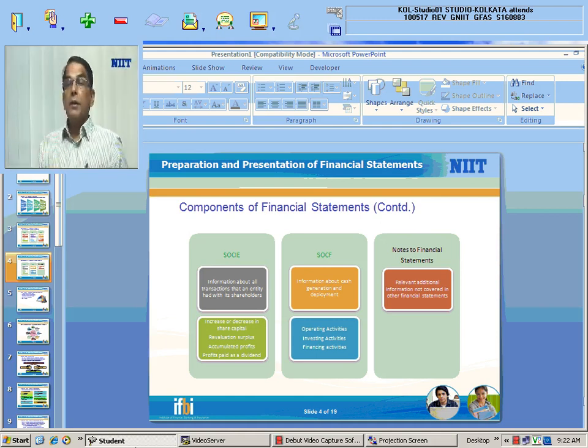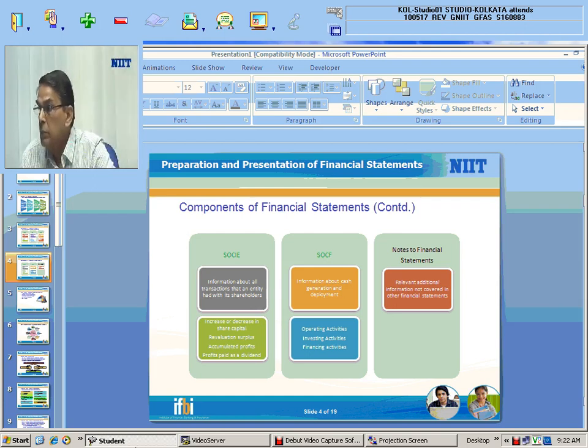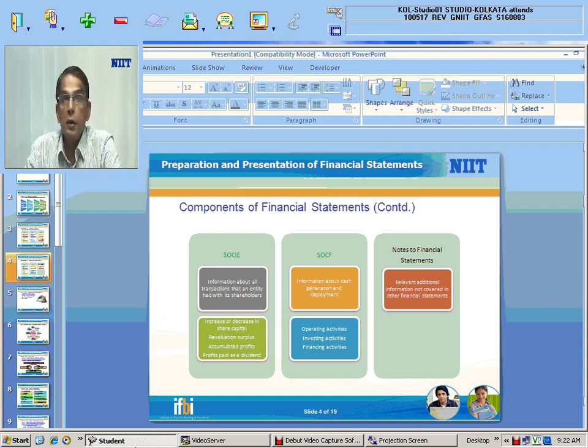So to make up a complete set of financial statements, IFRS prescribes there should be 6 components of financial statements. Number 1, statement of profit and loss, SOPL, other comprehensive income, statement of financial position or balance sheet, statement of changes in equity, statement of cash flow, and notes to